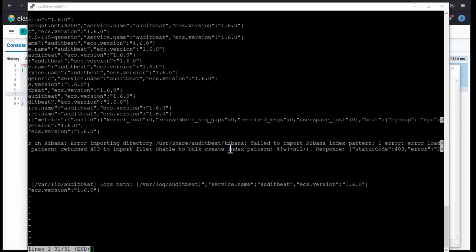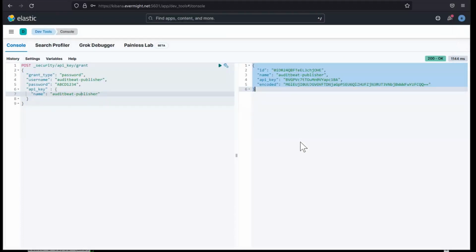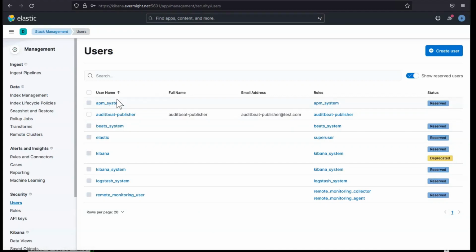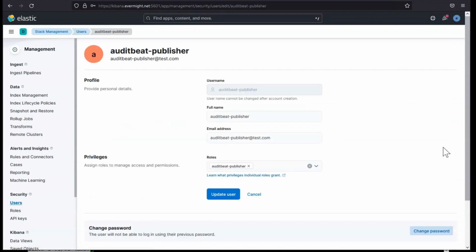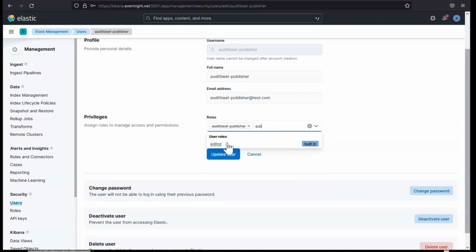All right, so for whatever reason, I feel like maybe the documentation here might be missing something. So if anyone knows what privileges I'm also missing, let me know. But for now, I found that what can solve the problem is if I'm going to go to user,